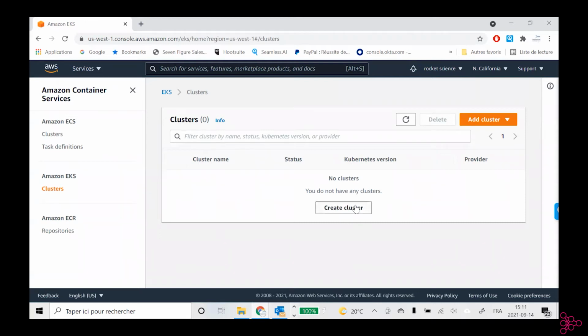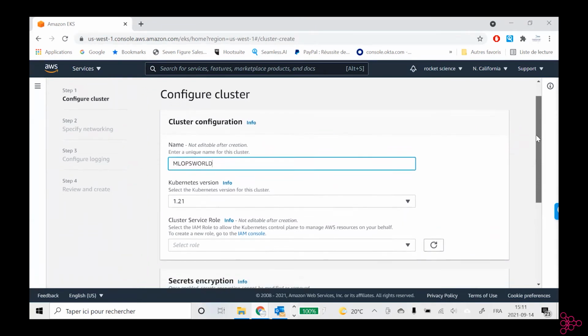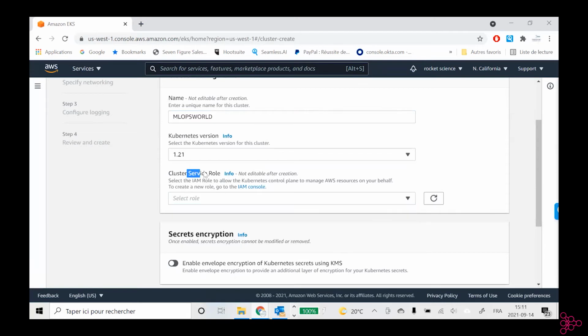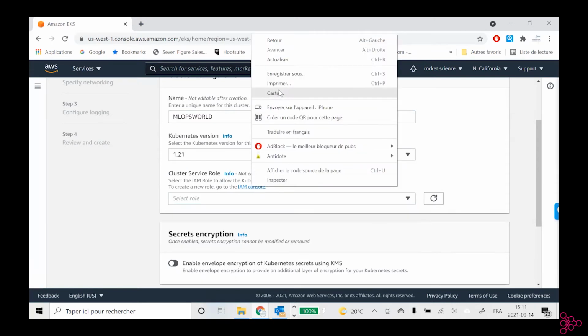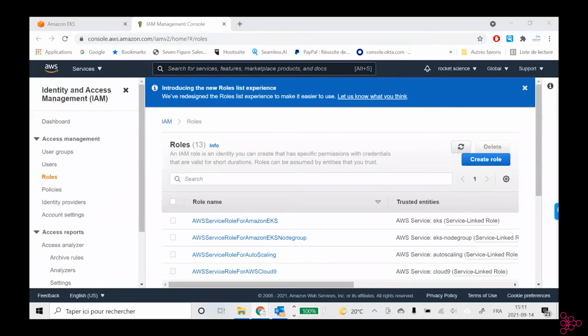Okay, so now let's create our cluster. I'll name it MLOps world. Here, you would have to create a cluster service role. This will give Kubernetes access to other resources, especially things like EC2, because Kubernetes relies on instances like EC2.